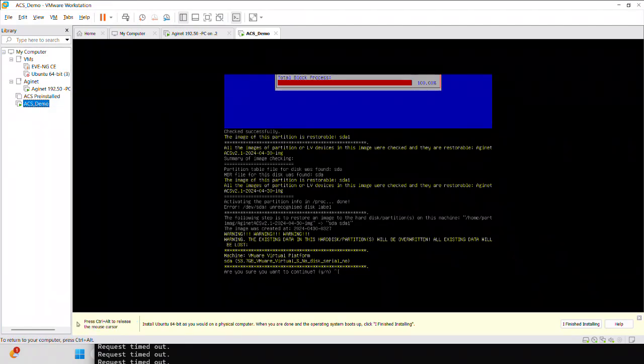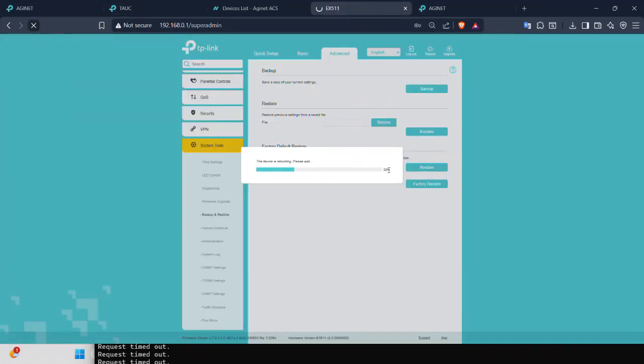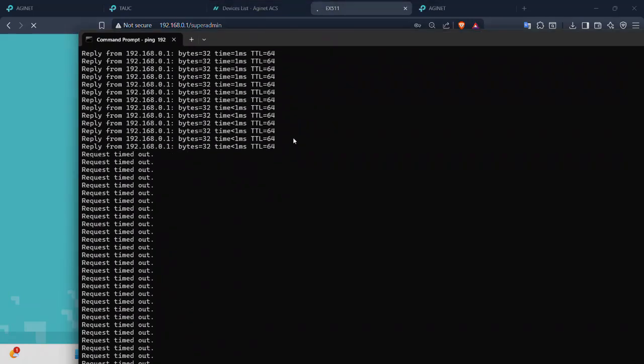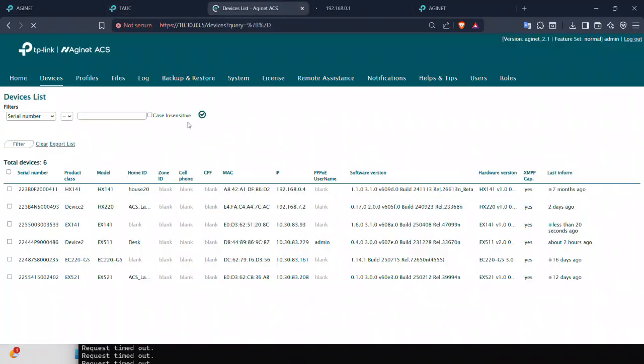All right, so let's go back to that. Let's check once this moves up again. We should also now not have to set a super admin password. Obviously, the device needs to be active before we do that, so we'll just give a few more seconds. But I think while it starts up, let's go to Aginet ACS, and I'll give you an overview of how it would look once you've pulled in your devices